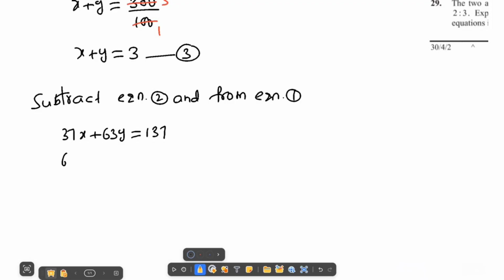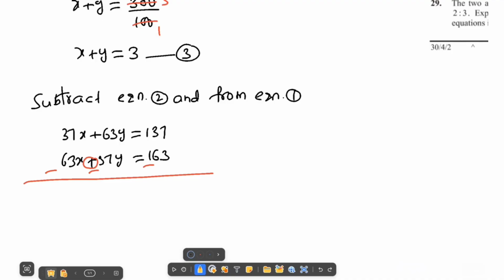63x plus 37y is equal to 163. So subtraction, right? Change the symbols. This is minus, and this is minus, this is minus. Now after changing the signs of the second equation, now add. So what do we get here? 37x minus 63x,